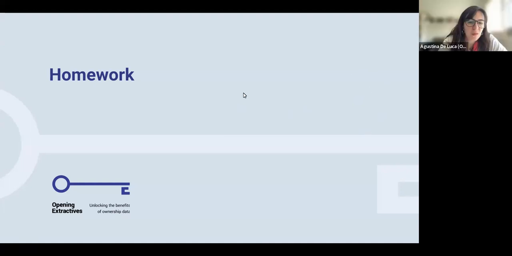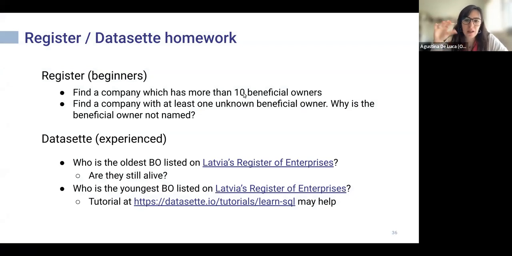Okay. So, on the one hand, you'll see in the slide deck that we had a couple of questions beyond just looking for this zip code, and we had 2 follow-up questions. When you receive it, you can try it yourself, look for this zip code, and then respond to the other questions, because the idea was to combine Datasette by filtering these 6 companies and then looking them up in the register and identifying a bit more who are the beneficial owners, because sharing a zip code could say nothing. As Steve was saying, many entities that register companies share the same address, but it could also say something that they're all registered under just one